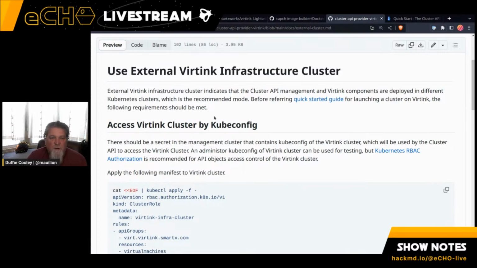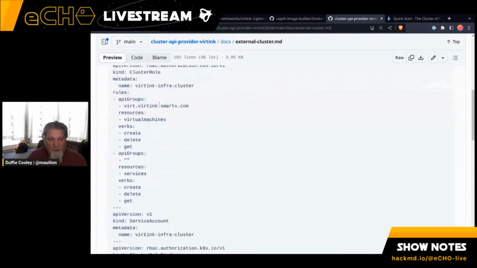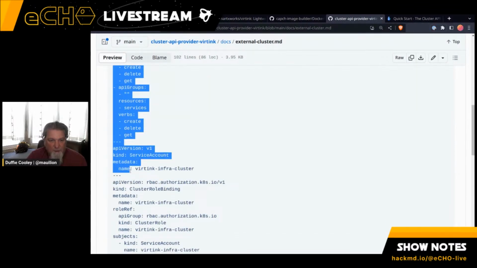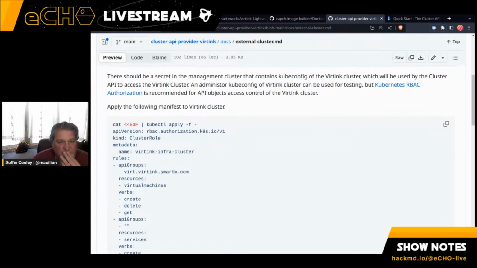Before starting the quick start guide, before launching a cluster on Virtink, the following requirements should be met. There should be a secret in the management cluster that contains the kubeconfig of the Virtink cluster, which will be used by Cluster API to access the Virtink cluster. The administrator kubeconfig can be used for testing, but RBAC is recommended, so we will go ahead and apply the RBAC. What this is doing is creating